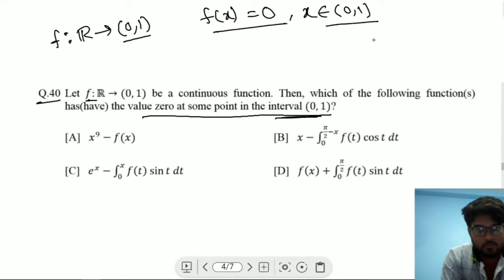How? Because if the value of the function is 0 at some point in the interval (0, 1), then obviously there is a root in that interval. If there is a root in the interval, then by Bolzano's theorem,